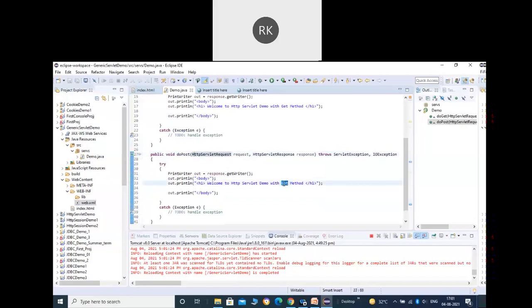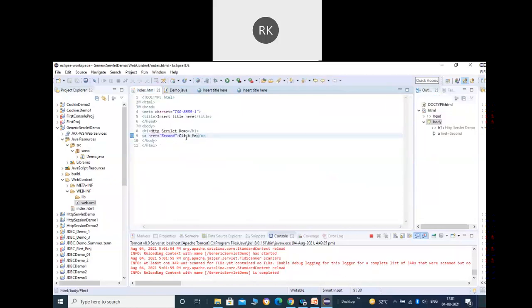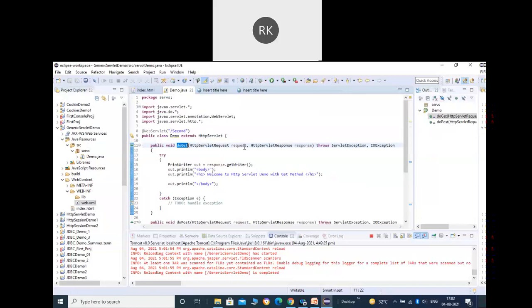In that way, I can define multiple methods also here. Like if there is a post request, then the doPost will be executed. So what I can do is let me copy it and create one more method here. The name of the method will be doPost.